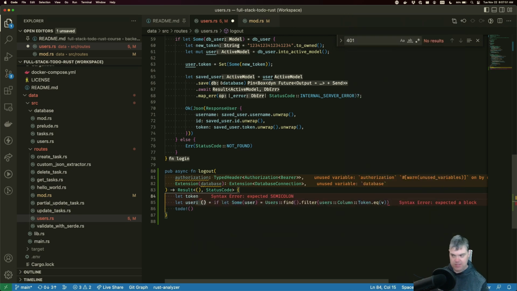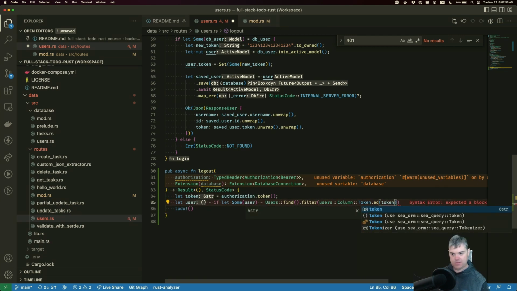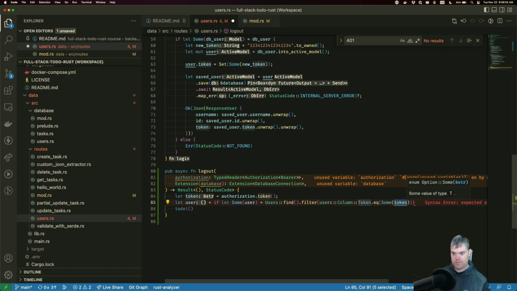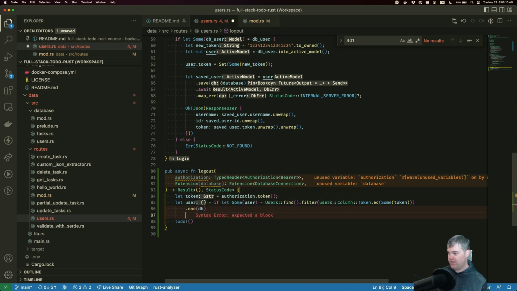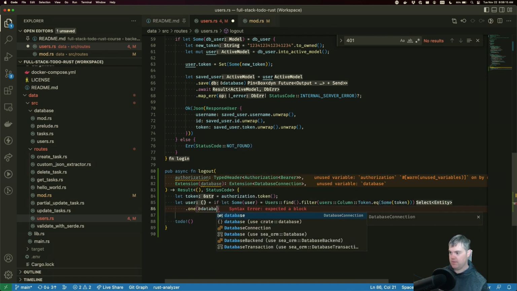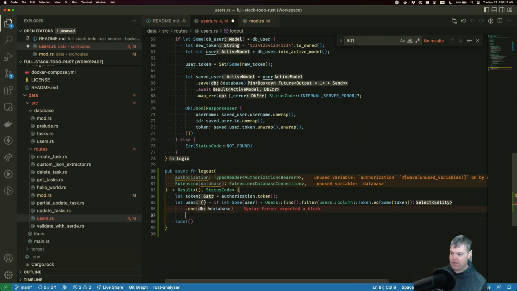So let token equals authorization. Let's get the token. Oh, this needs to be a Some. Okay, we do that. Then we want to get one of it. Oh, we need to pass in the database. We then need to await.